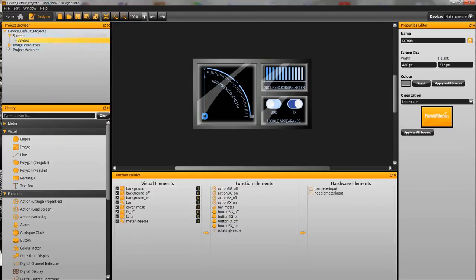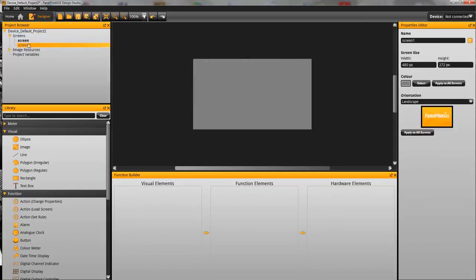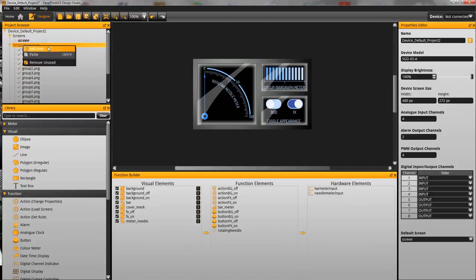So up here we've got our project browser. Here we're able to switch between screens in the project. This is just a one screen project. We could add a second one if we wanted to here. I'm going to just create that and delete it. And we can also see all of the images that we've imported to use in our project up here. To show you how to do that, you just right click and add new, or you can just drag images